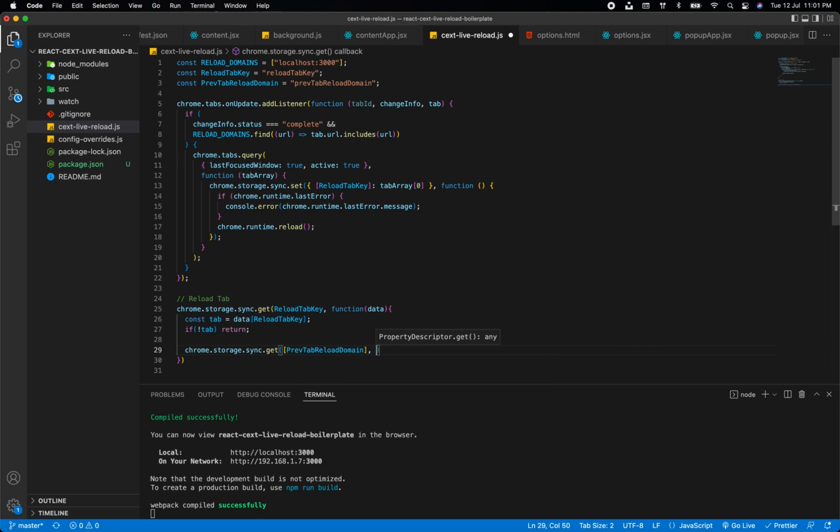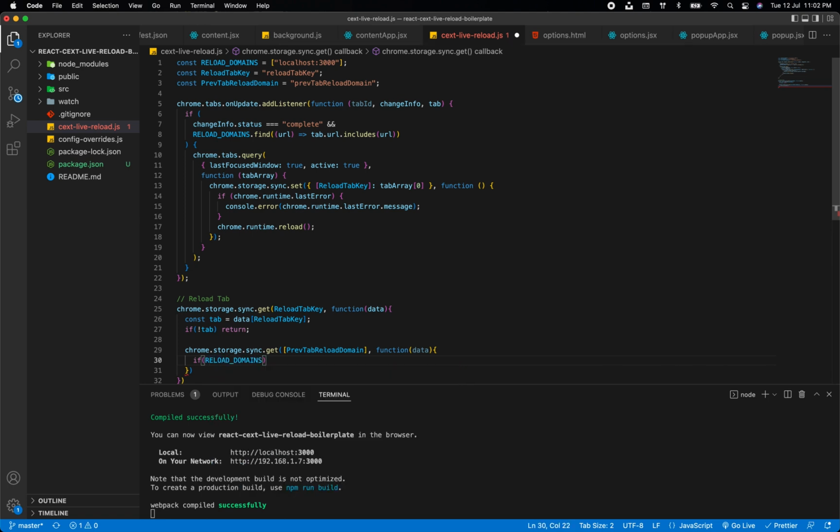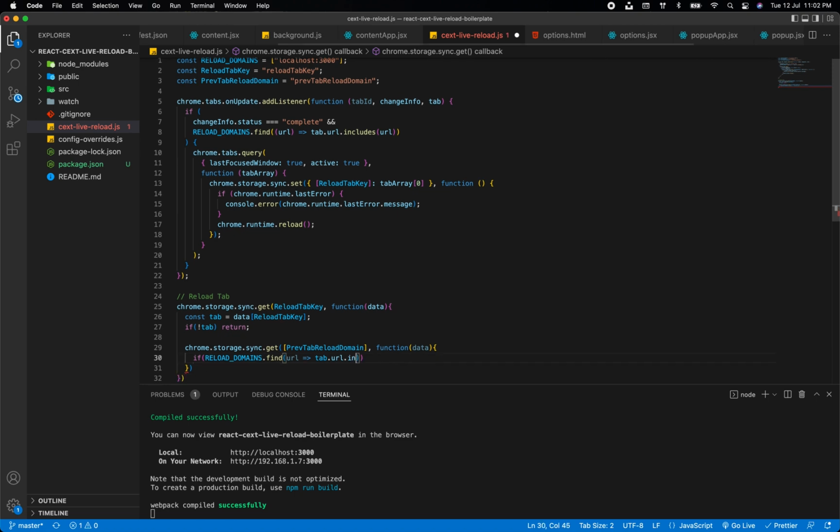So we want to check if the previous tab that we reloaded was the React server, basically the React tab, or the application tab, or not application but any other tab. So what we will do, we will put a check that if reload domain dot find URL is tab dot URL dot includes the URL,